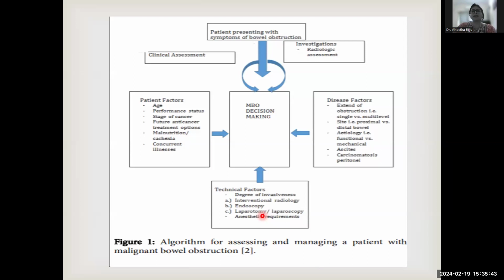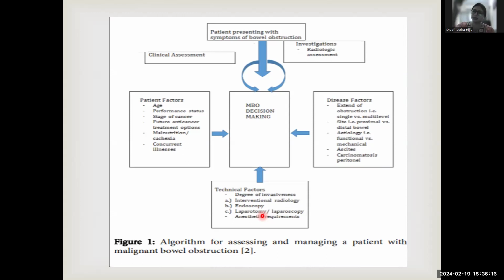And if the patient is having any concurrent illnesses, like say some kidney failures or liver failures or a cardiac patient and things like that. So all this contributes to decision making. Again, this is all the patient factors. When you're looking at the disease factors in making a decision, it would be, where is the obstruction? Is it just at one point? Okay, if it is at one point, the surgeon can just cut it and remove it.